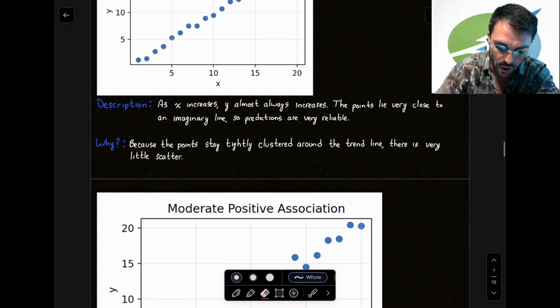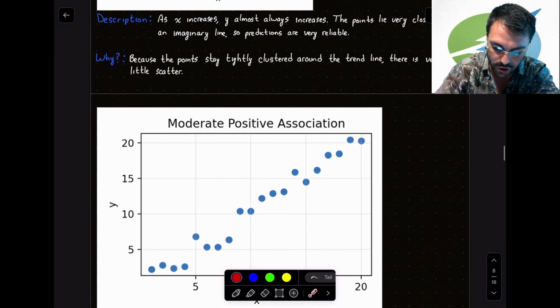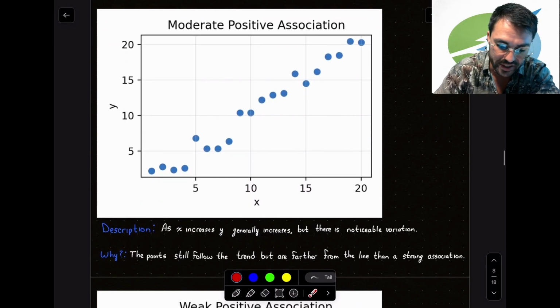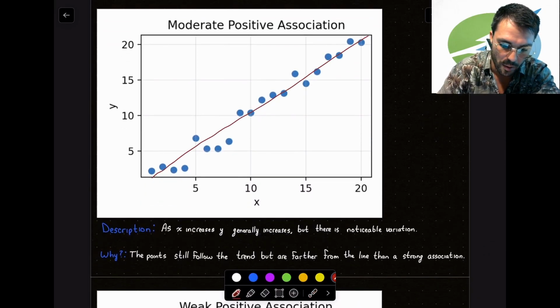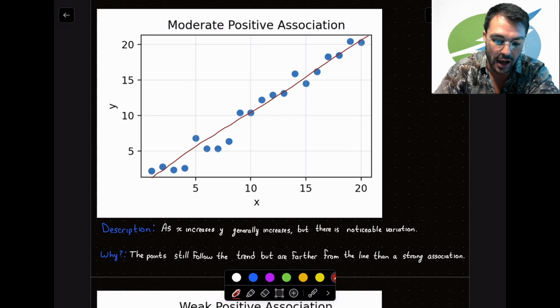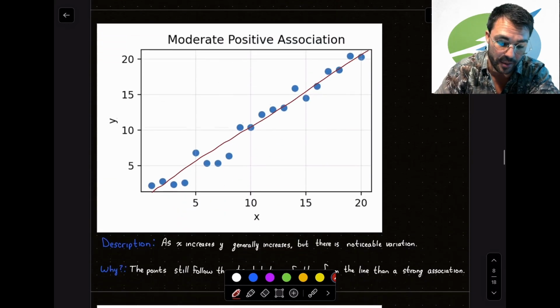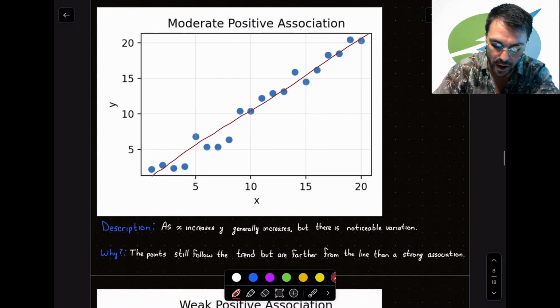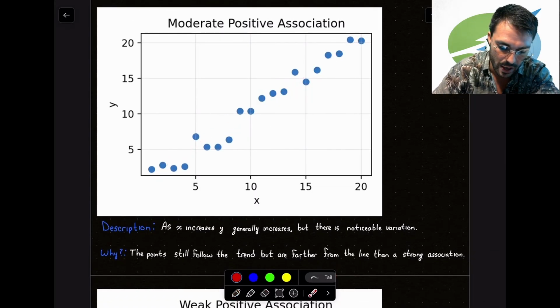What does a moderate positive association look like? You can see in this one, we can still draw our imaginary line, but the scatter is greater. It's still somewhat packed together, but definitely not as much as the first example. So this one we would consider moderate. And here I write, as X increases, Y generally increases. We can infer that, but there is noticeable variation. Variation being how far